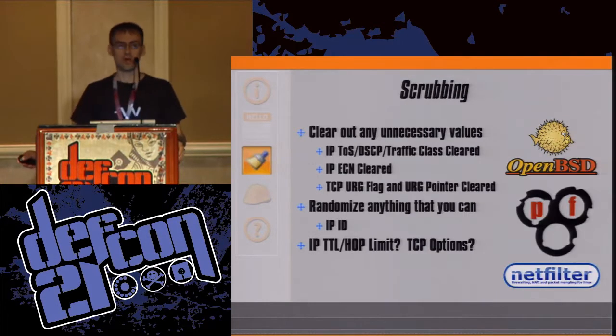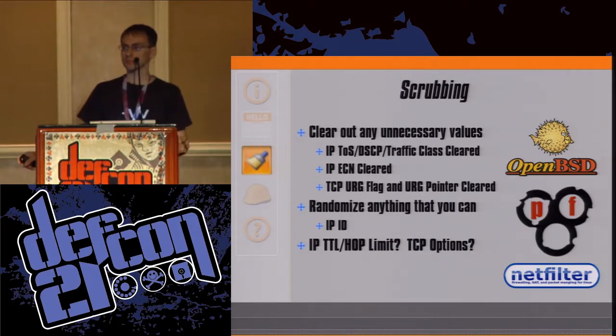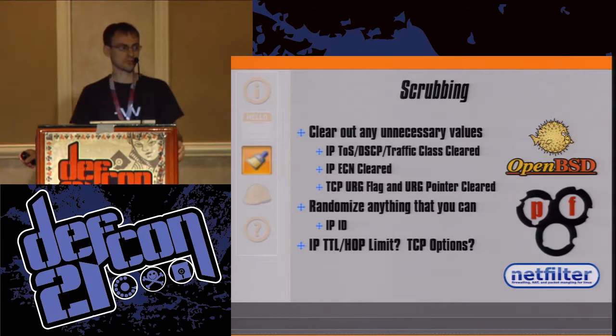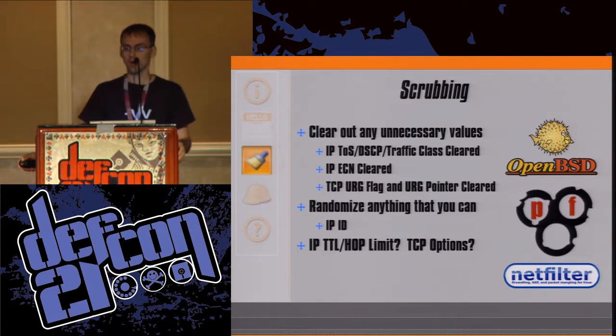Okay? Now, the algorithm that I developed to disrupt that pattern does start off with some scrubbing. The idea is to leave as little behind as possible for that fingerprint. Don't give them an inch, as it were. All right? So you clear those necessary values out, like the IP type of service, IP ECN, TCP urgent flag